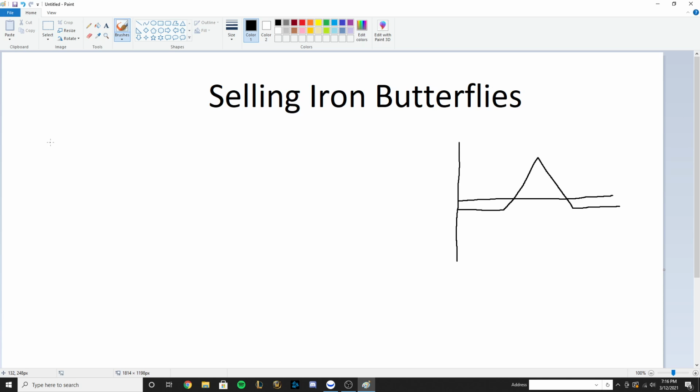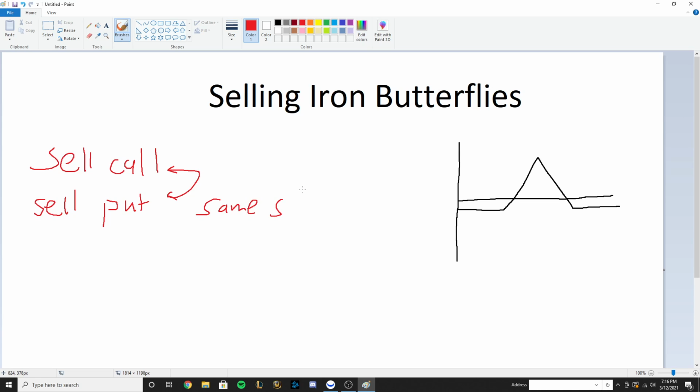So you're going to be selling a call, and you're going to be selling a put, and both of these are going to be at the same strike. This sets it up so that you get this triangle right here. That's how this triangle is formed, because selling calls and selling puts have